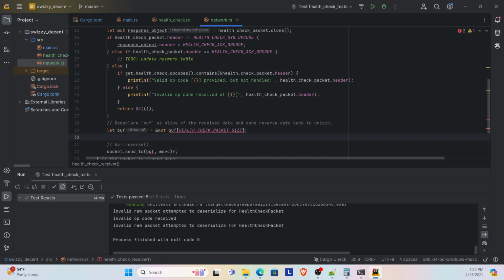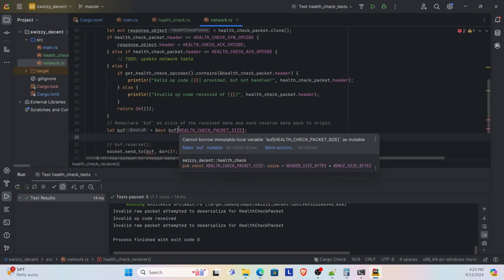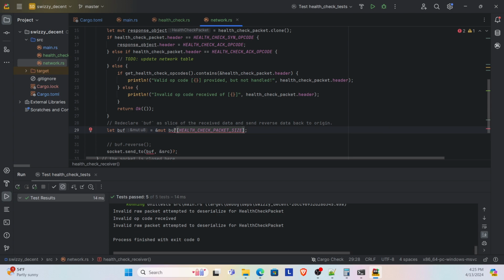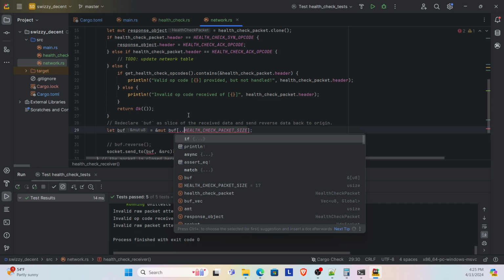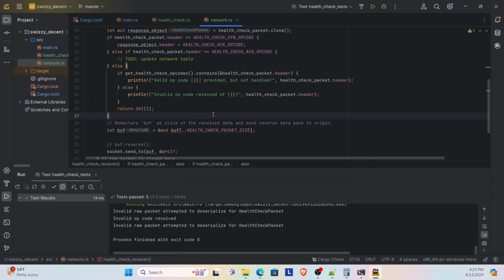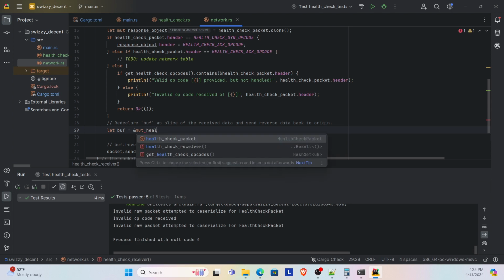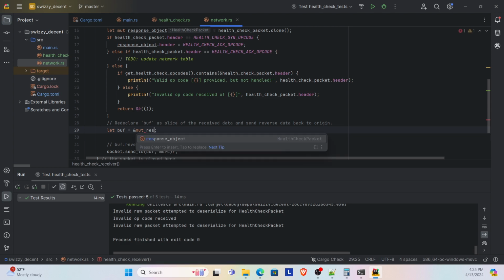Right? Why is that? Okay, so it's like that. Nah, let's see, buff. Let buff equals and mute. Response object